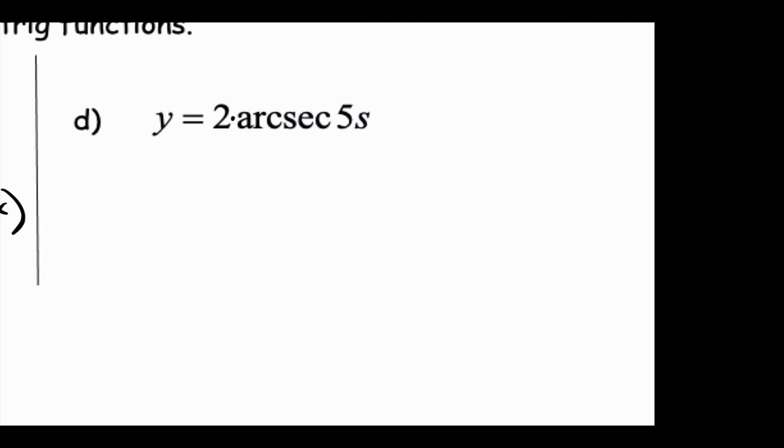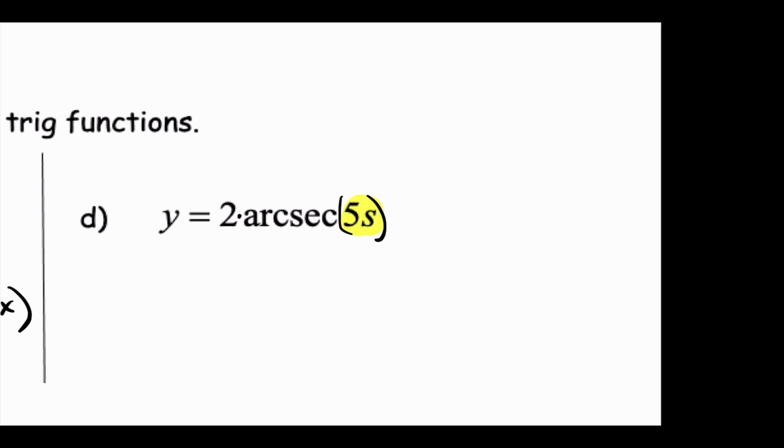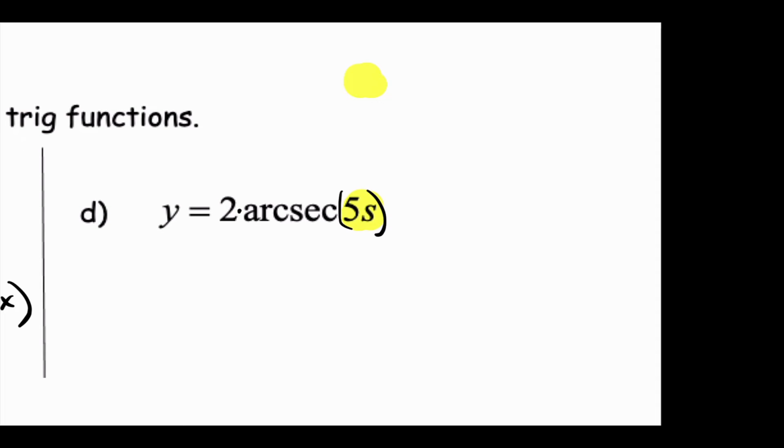Okay. So for this guy, 2 times arc secant. We're not going to need the product rule for this guy because 2 is just a coefficient. And then arc secant of this stuff here. Arc secant, not arc sine. So I go to my list, my sheet, and arc secant is the derivative of the stuff on top, and then it has some